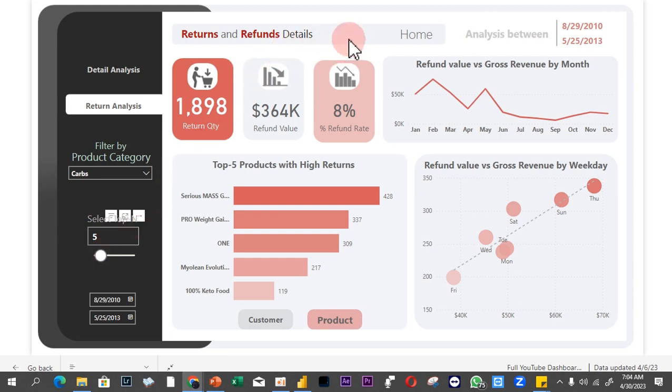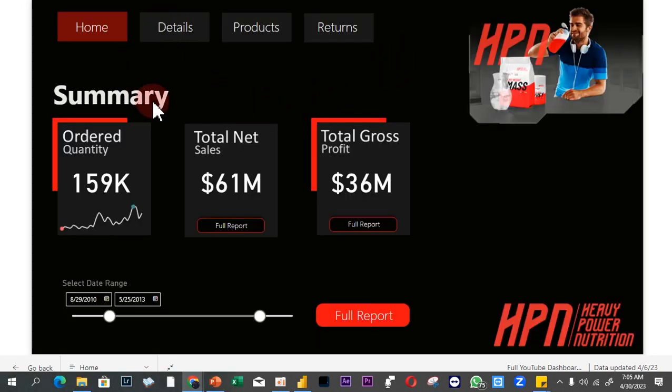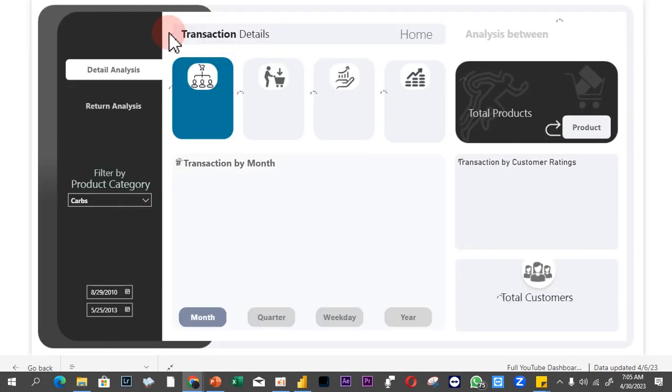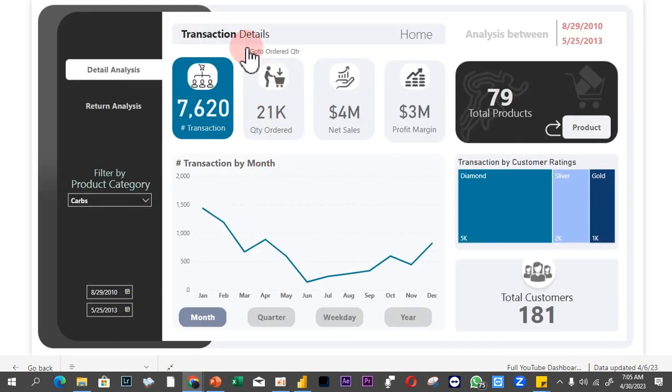Today we're going to take a look at how to create this particular part of the dashboard. This is actually one of the Power BI dashboards that we've created. So here's the home page. Today we're going to take a look at how to create this particular home page. And from this home page, you can navigate straight up to the detail page right here, where you can see